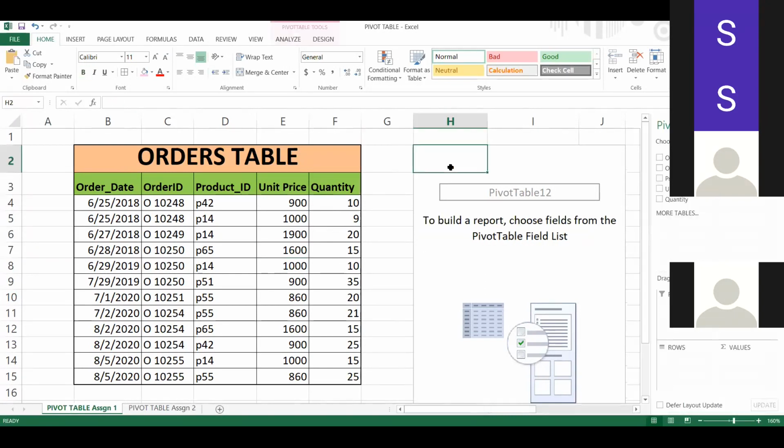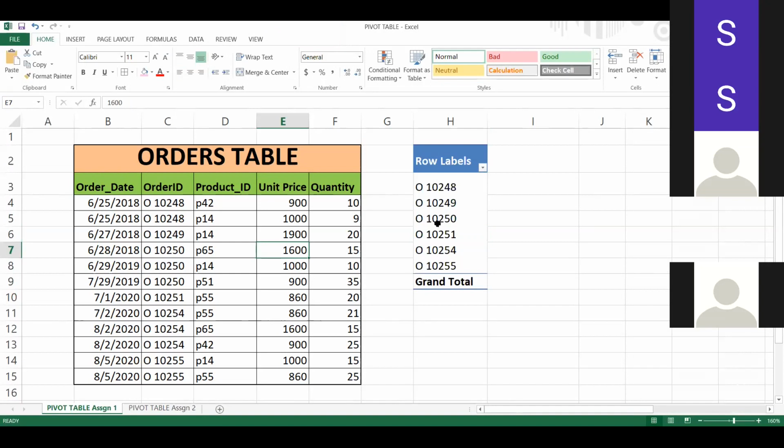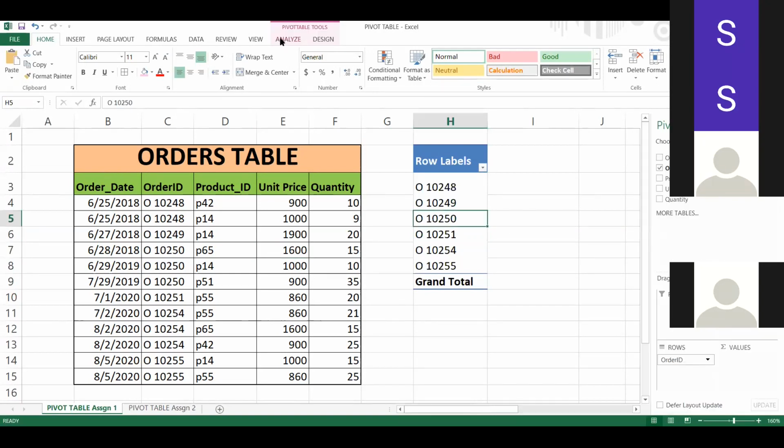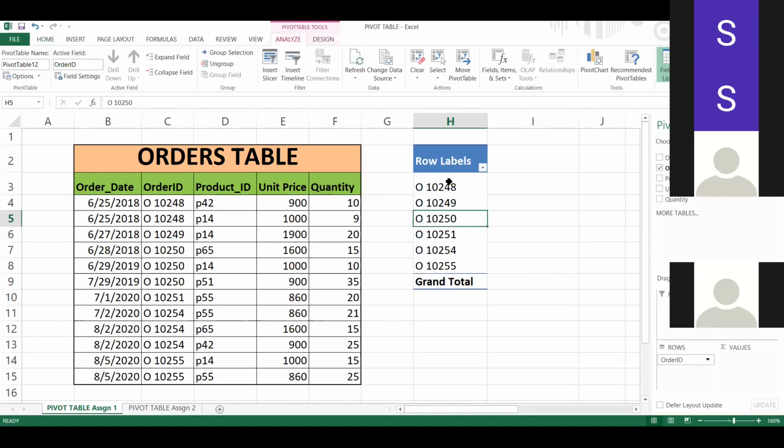So how to do that? What you have to do is select order ID, and I want value which is not there. You can create your own field by going to analyze. Pivot table has two tabs now. When you click on pivot table, you will get two tabs at the top. When you are in the table, they will be hidden. But when you click on pivot table, you can see two tabs under pivot table options, analyze and design. Now let us go to analyze. In analyze, I want to create a new field which is not present in my table.